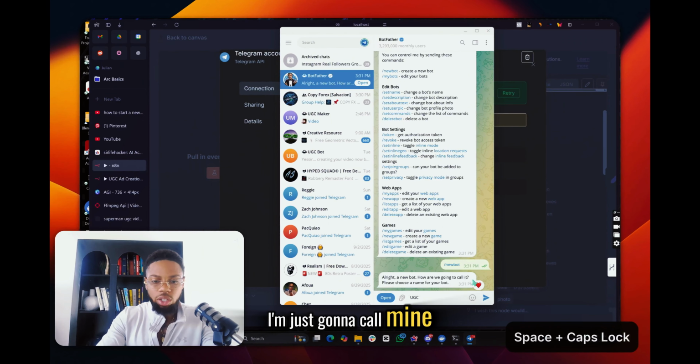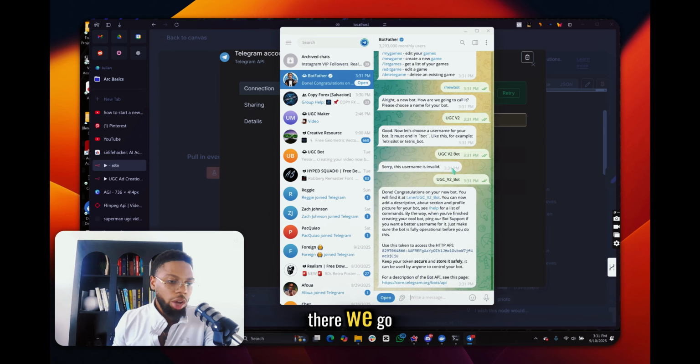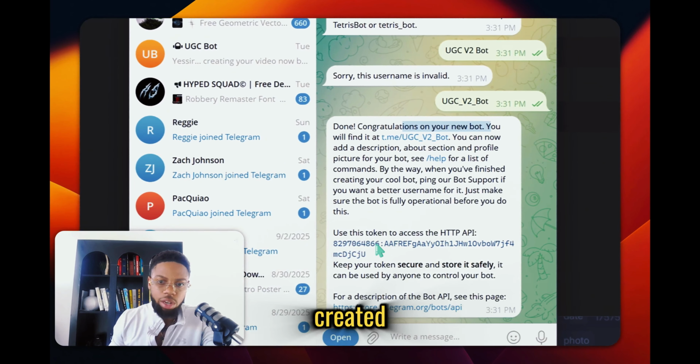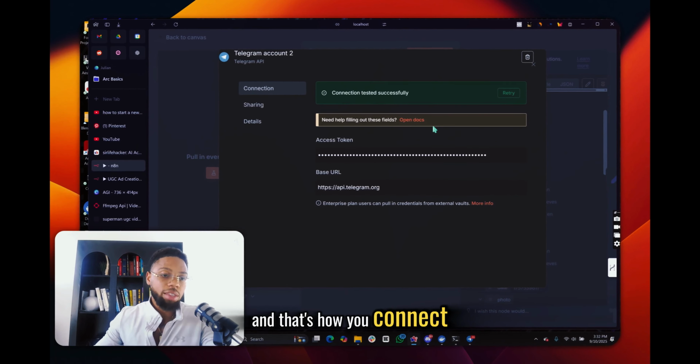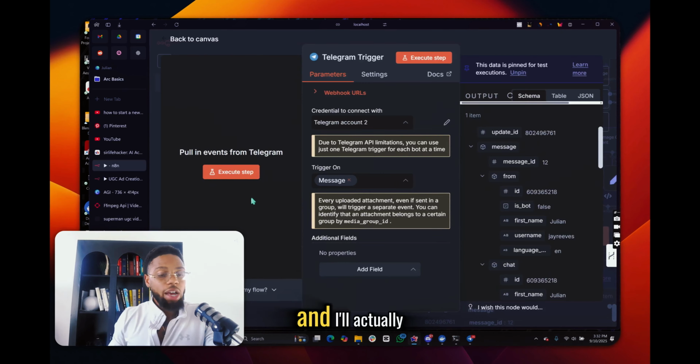I'm just going to call mine UGC V2. There we go. And as you can see, the new bot has been created. And the most important thing we need is, you're just going to copy this entire token into here. And that's how you connect Telegram with N8N. And I'll actually run you through an actual example of using this to create UGC so you can see every